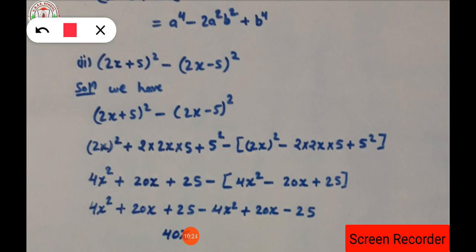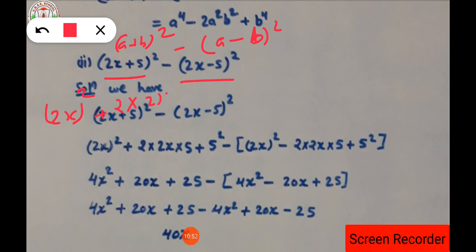First formula will be a plus b the whole square, and second formula you have to use a minus b the whole square. Both the identities are going to be used. So here a plus b the whole square you are going to use, and minus here you have to use a minus b the whole square. So what will the formula be? The formula will be 2x the whole square plus 2 into 2x into 5 plus 5 the whole square,